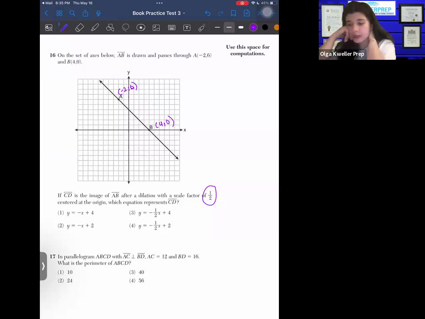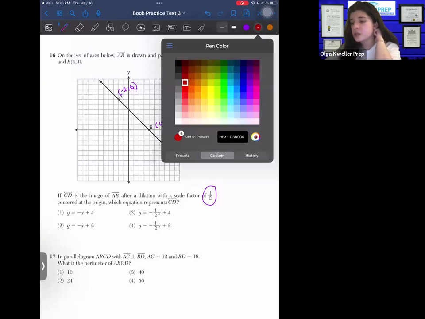So what happens when we dilate a line? Does our slope change or does it not change? That's the main question we have to think about. I asked you a similar question with the similar triangles, right? So when we are going to dilate our line, what you guys have to understand is that the slope will